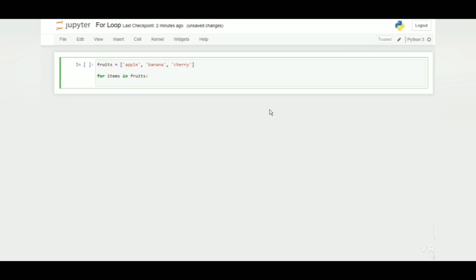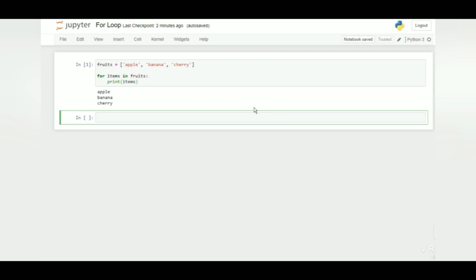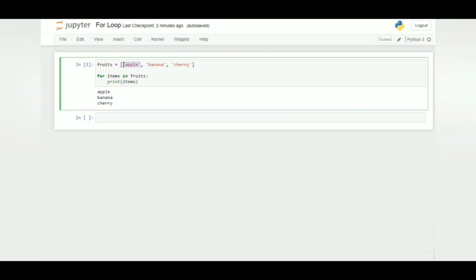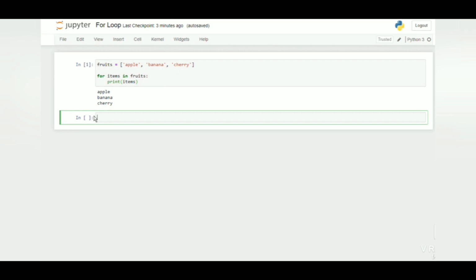You can see that first the compiler scans apple and prints it, scans banana and prints it, and then scans cherry and prints that. So we are taking every element one by one and printing it in the output. Also remember that the for loop does not require the indexing that is used in other programming languages. Here we don't need any indexing value or indexing variable.